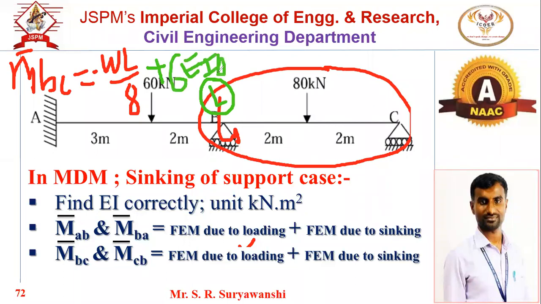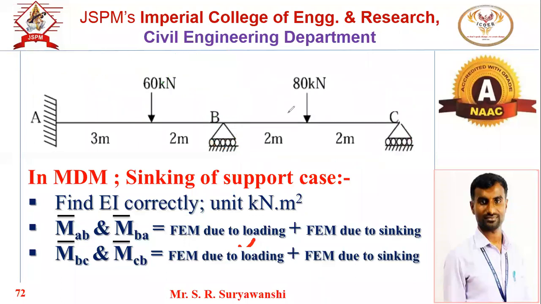That's it. This is what you have to do. Only step number 1 has a change. Good, only step number 1 has a change. For the rest of the steps there is no change, you just have to carry out the analysis. So this is the only change in case of type number 4. Now in this morning session we will discuss one numerical on the support settlement, and in the afternoon session at 11:45 we are going to revise all the type 1 to 4.